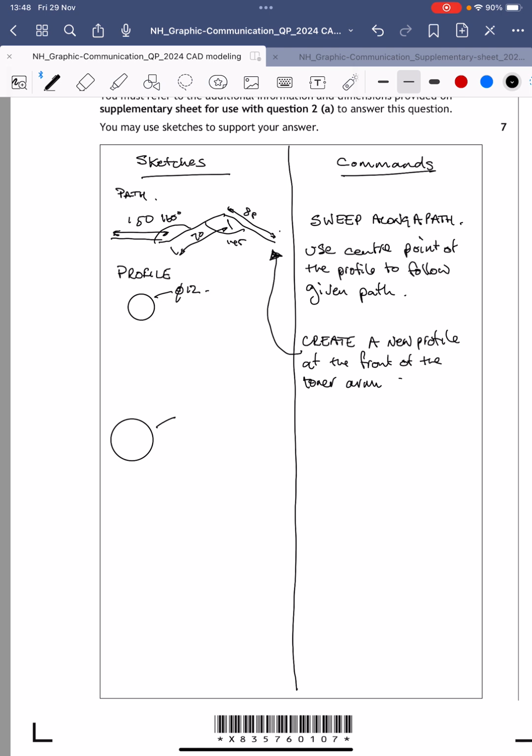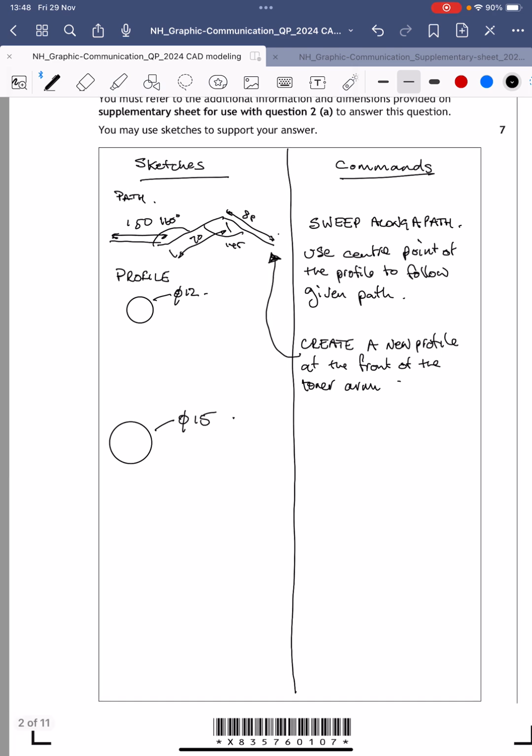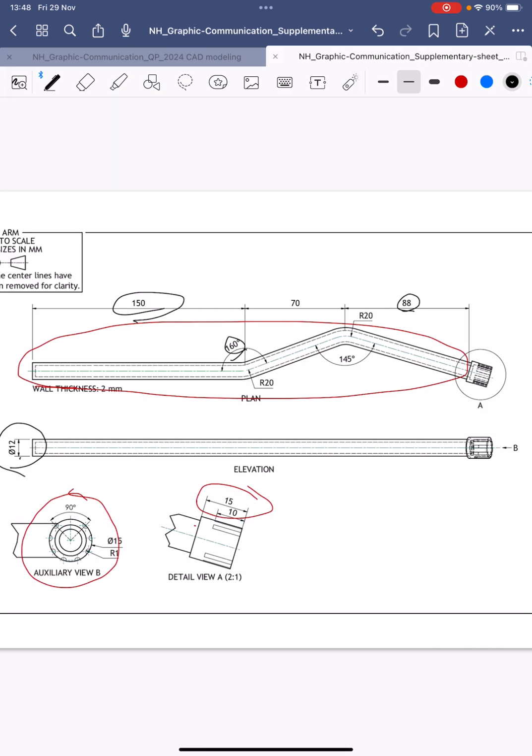And that is diameter 15, and simply add on here, extrude 15 millimetres from the front face. We have now got a solid model of this section